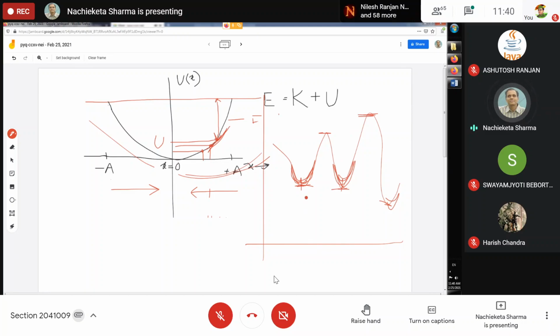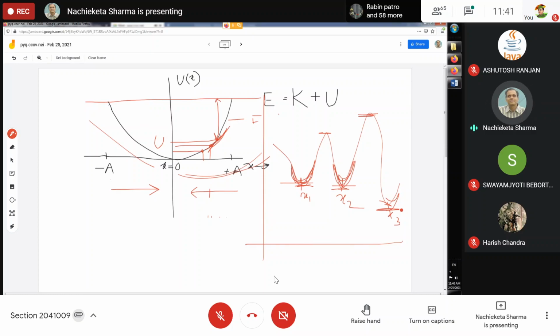There are probably three, I think, so I can call it x1, x2, x3. These are points of stable equilibrium because the potential energy is less. At each of these points, Fx is 0 because the slope of the U-x curve is naturally 0 here. It is horizontal, parallel to the horizontal axis.